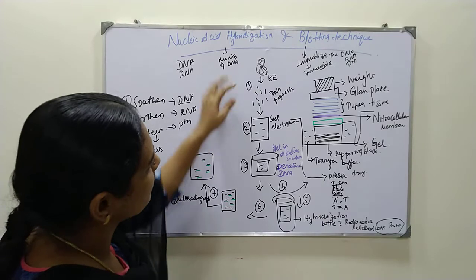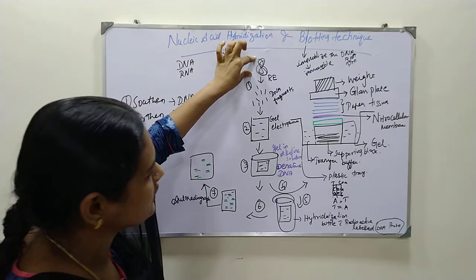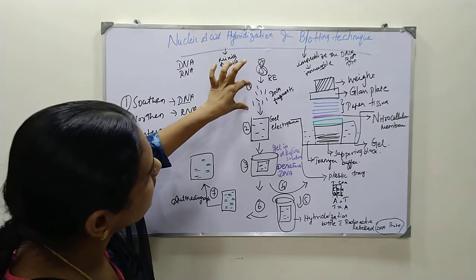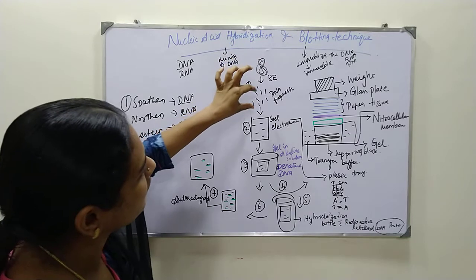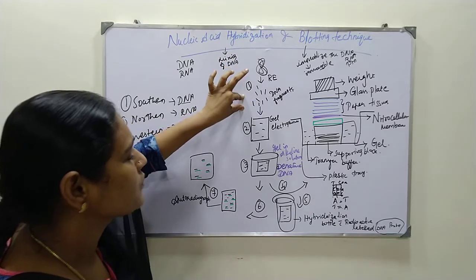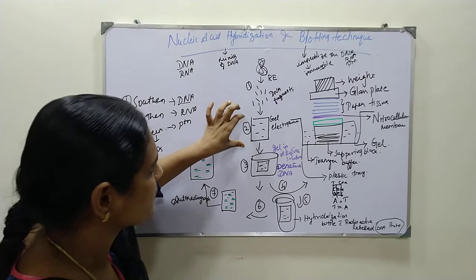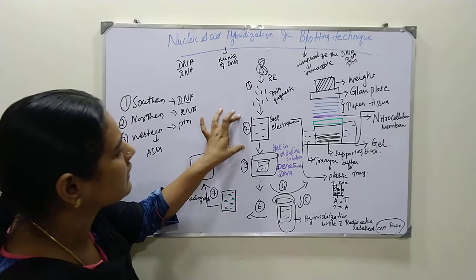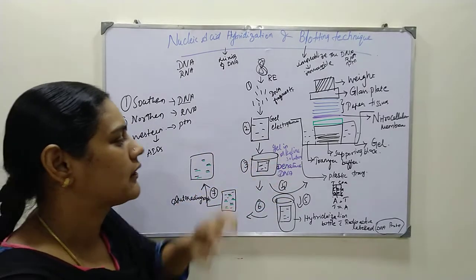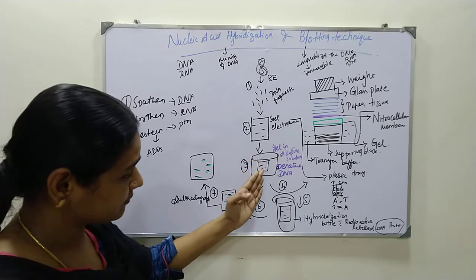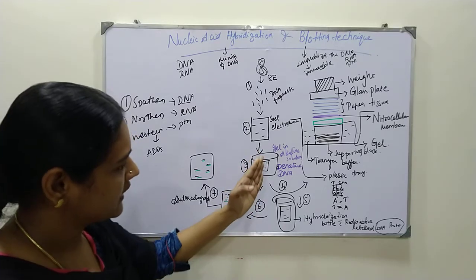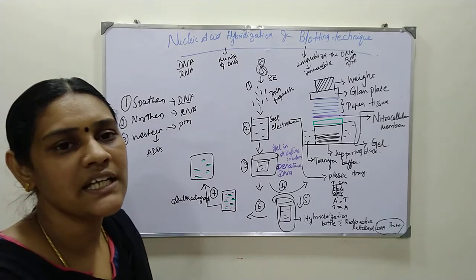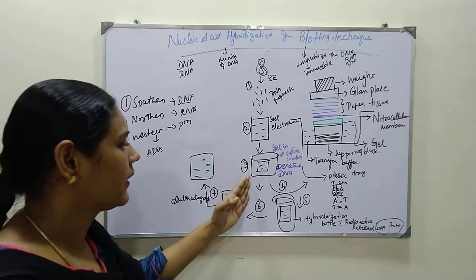First, this is the first method. We take the whole DNA as such. Using the restriction endonuclease enzyme, it cuts the whole DNA into different DNA fragments. These fragments we run on agarose gel electrophoresis. That is the second step. In the next step, the gel is put into a container consisting of an alkaline solution. Why do we put this gel into the alkaline solution? It denatures the DNA. The double stranded DNA is denatured into single stranded DNA. Okay, this is the third step.